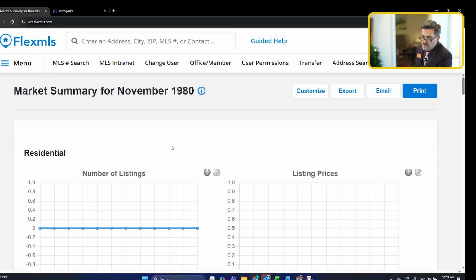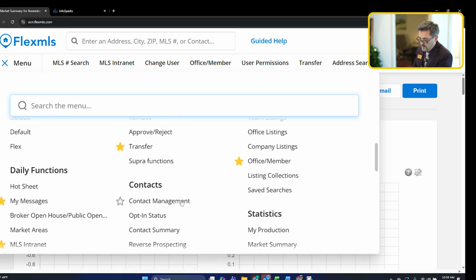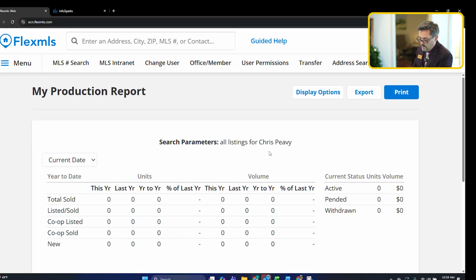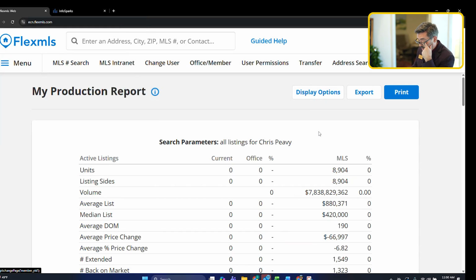You can run the production report for a team by being in the team. So if you're a super user as the team and you go to My Production, it's going to show you for the team, and it'll show you each property. So I don't think there's one that will show you every property. The closest that you could get with that would be